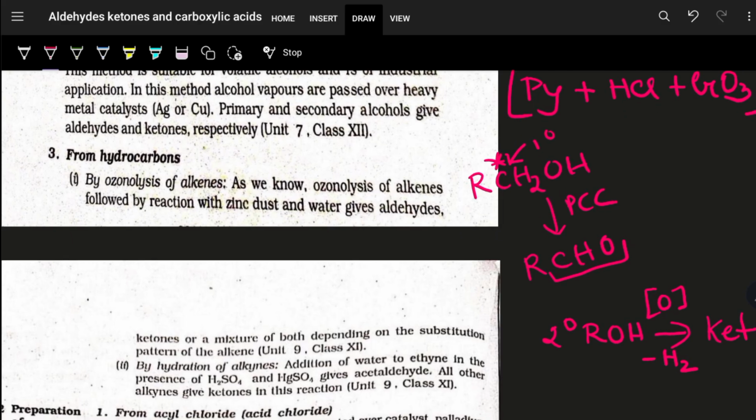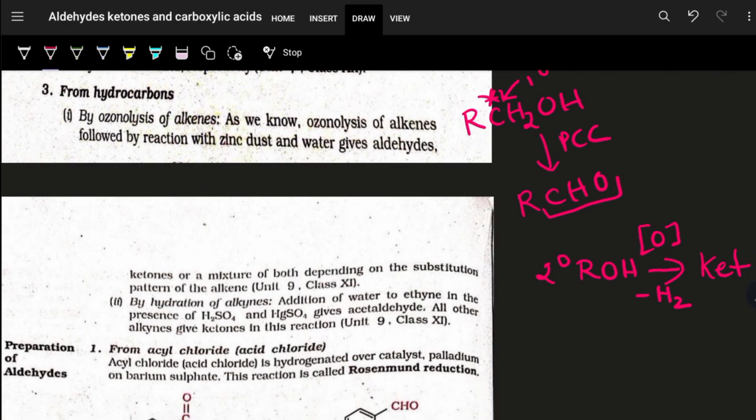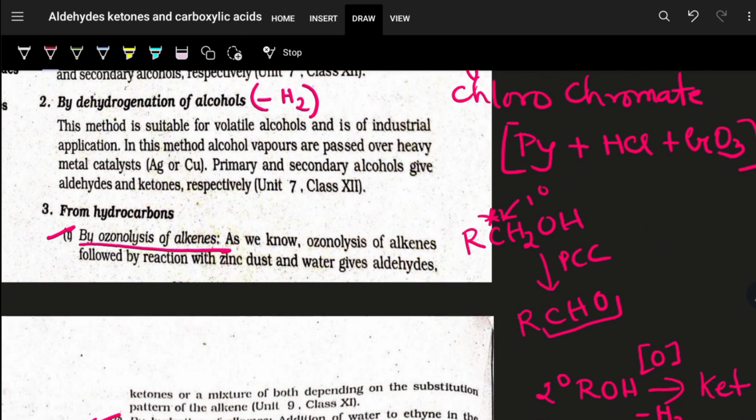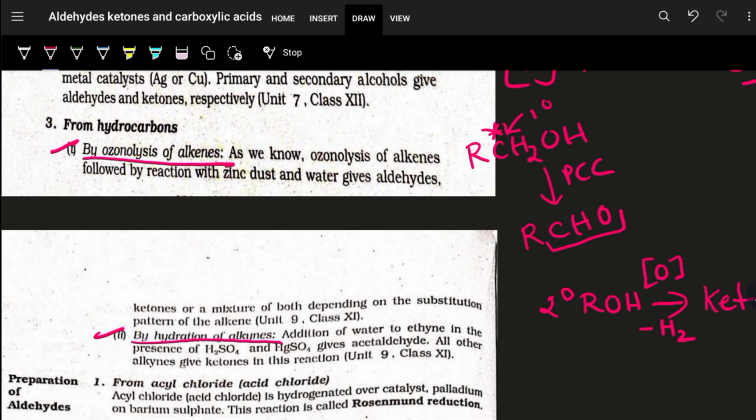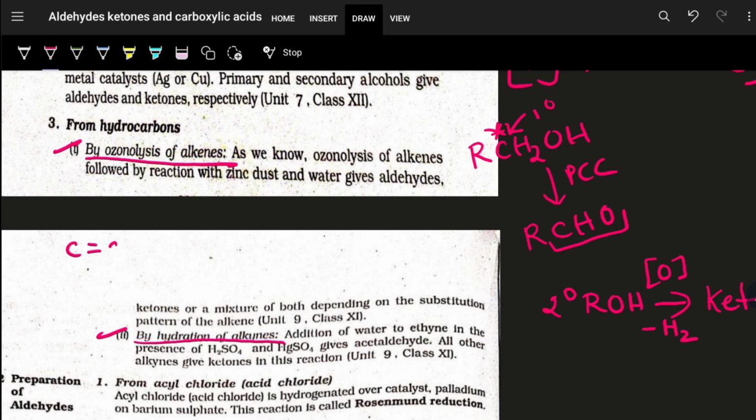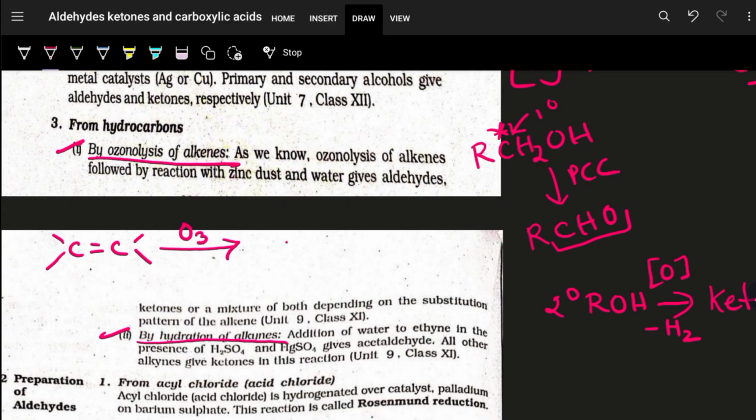Next, from hydrocarbons, we have two methods of preparation. One is by ozonolysis of alkenes and the next is from alkynes by hydration. Let us see them one by one. Now, ozonolysis means addition of ozone. So here we can see that alkenes, C double bonded C system, undergo ozonolysis first by O3 to form a